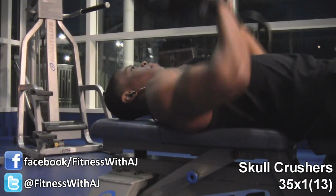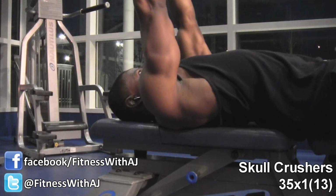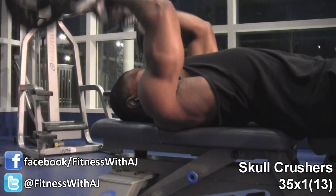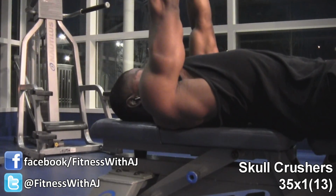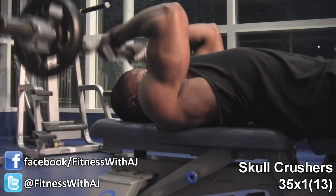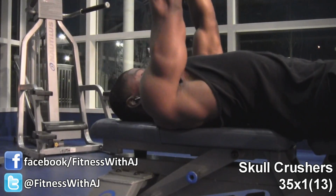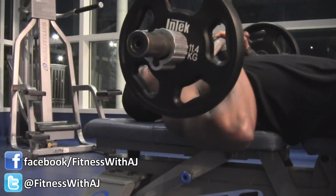Now, if you guys watched my first video, where I started off with chest last week, I did French press. And I said in the video that I didn't like the French press. I didn't like how it made me feel, and I couldn't really isolate my triceps as much. So I switched to skull crushers, which you see me doing here. And the funny thing about this, first set was actually a waste of time because I wasn't thinking and totally forgot that triceps are a secondary muscle when doing bench press. So my triceps were still warmed up from the bench press, and I basically just wasted time doing that one